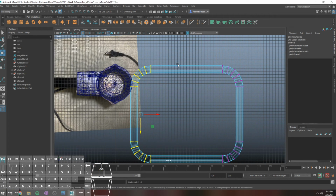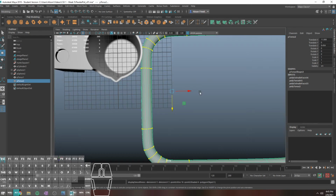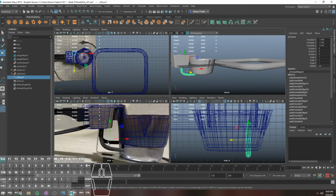The other nice thing about doing that is it pretty much automatically smooths nicely, because you already have all the loops you would need in there. So that's beneficial. You can pretty much just set it up and you don't really need to think about it too much. So the other tidbit with that is, let's say I set up my torus